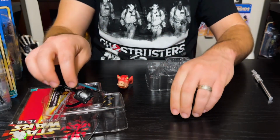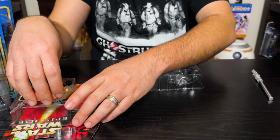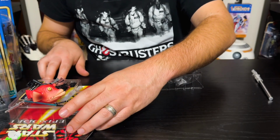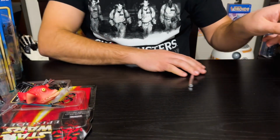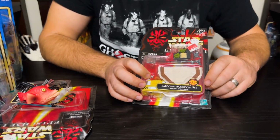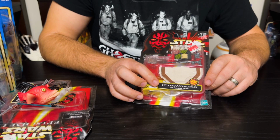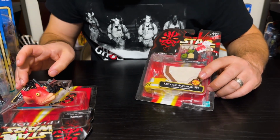So not bad. Not a bad start here with a bunch of fun little accessories for the underwater accessory set. It says it fits most 3 3/4 figures. I'm not going to try that, but I imagine it does. Next up, we're visiting the planet of Tatooine with the Tatooine accessory set with pullback droid. By the way, this was called the Bubbling